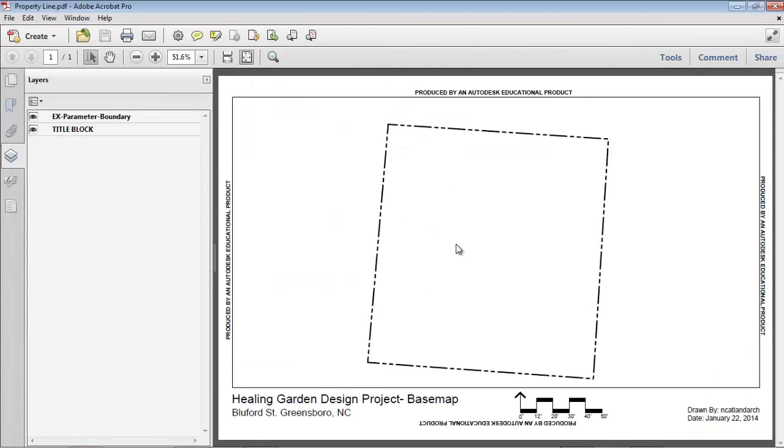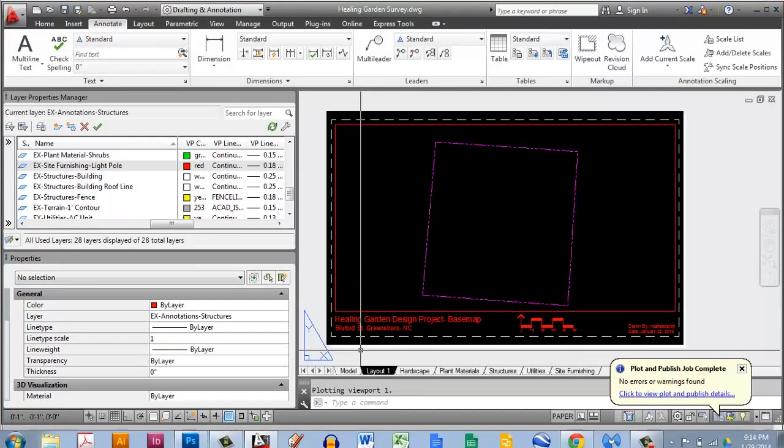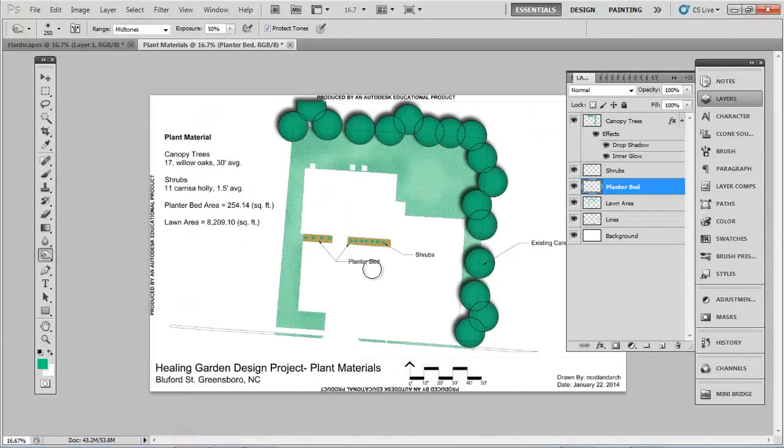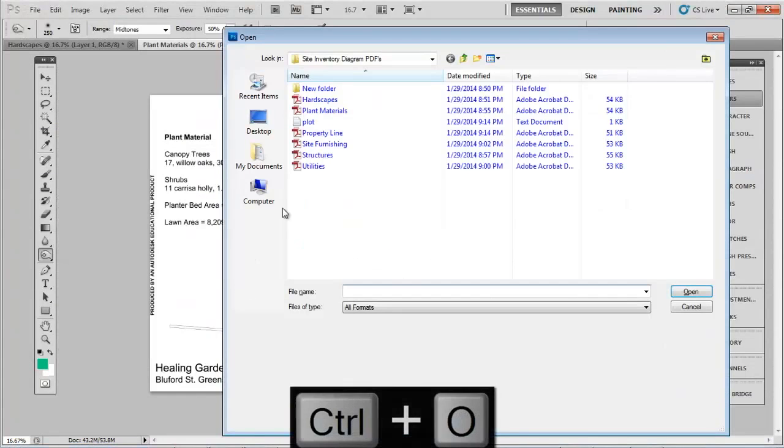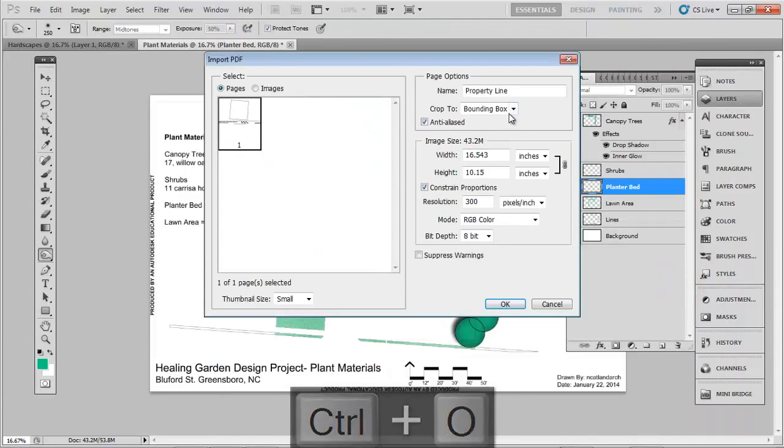Alright, so a nice property line conveyed. Close that out. I'll pop back into Photoshop and do a Control O, open that,